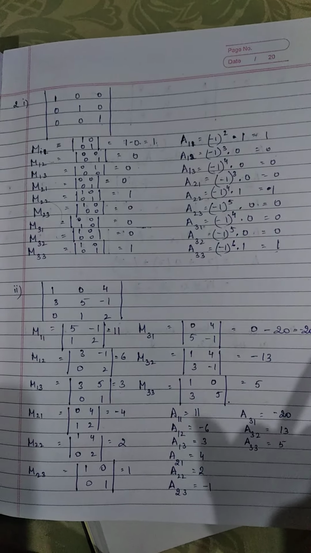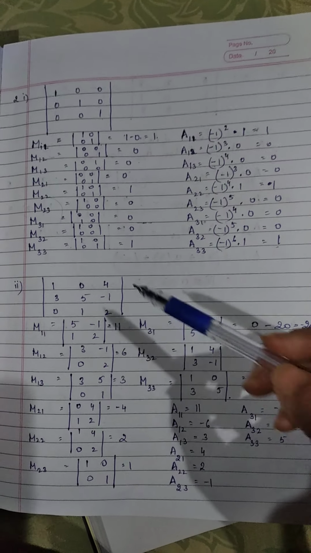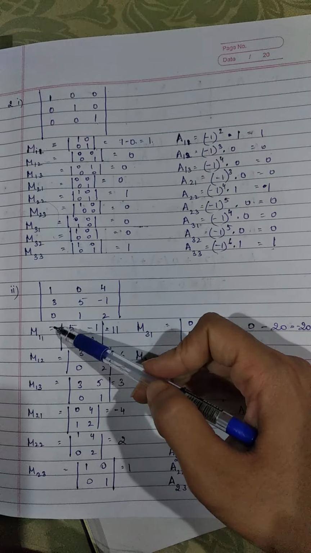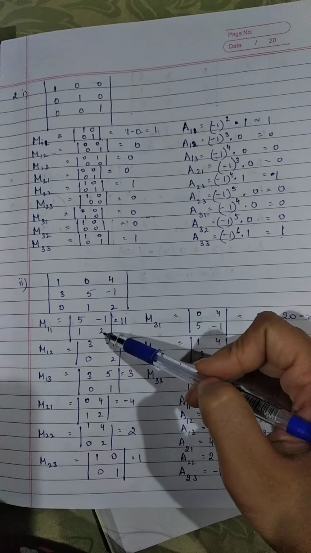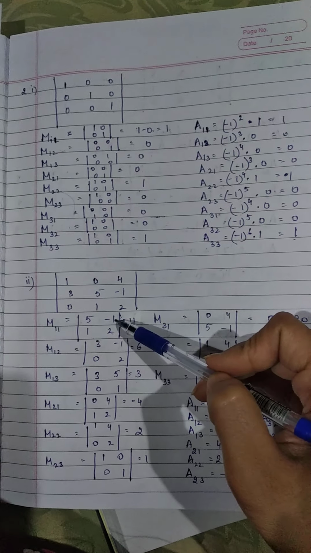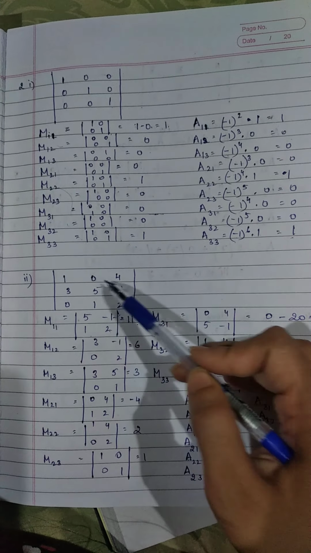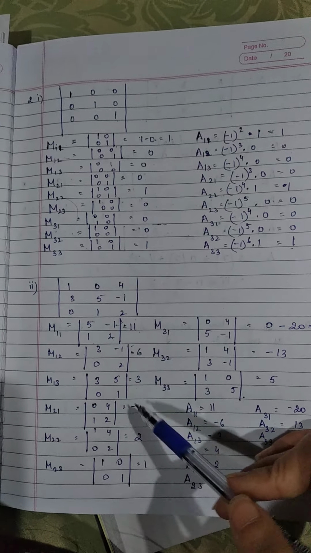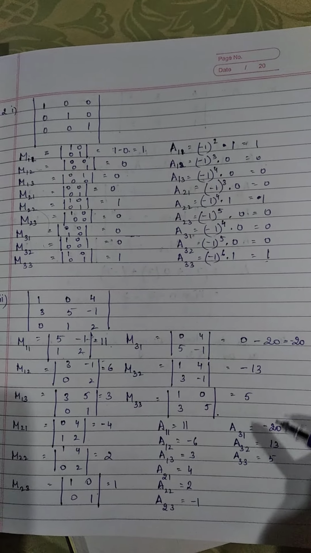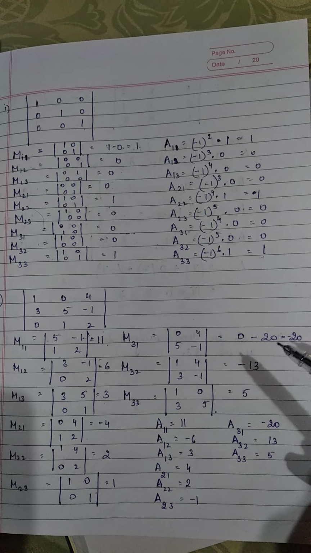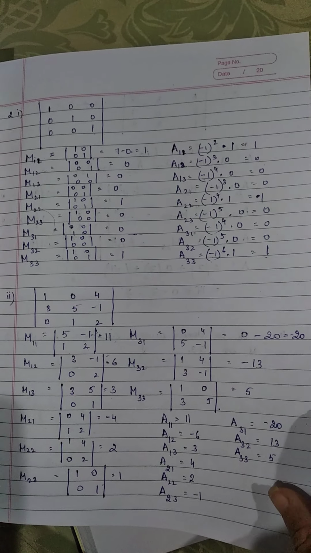In the same way, we can simply find out the minors for the second part. That is, if I have to find out M11, eliminate this. We'll be finding out the determinant of 5, minus 1, 1 and 2. 5 2s are 10, minus of minus 1, that is 10 plus 1, which is 11. Likewise, we can find out M12: 3, minus 1, 0 and 2. Likewise for the rest of them. And its cofactors would be nothing but just the positional values. I hope it's clear to you, students, and it can be easily done by you.